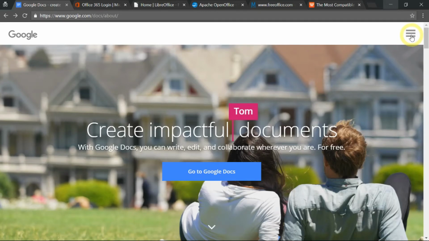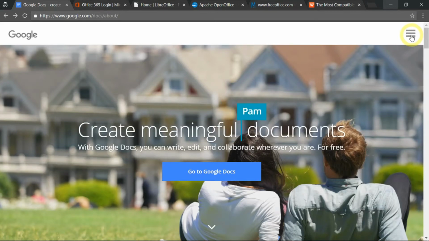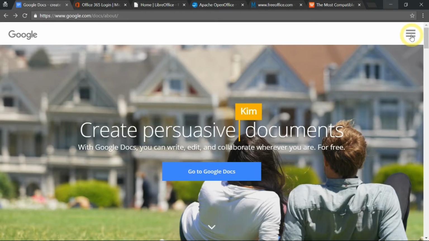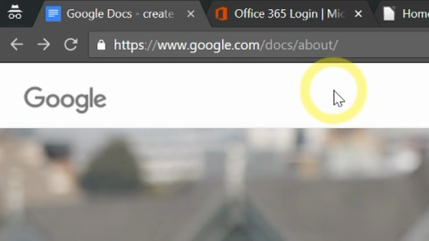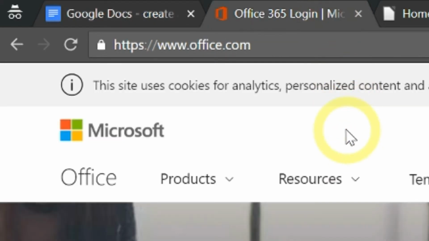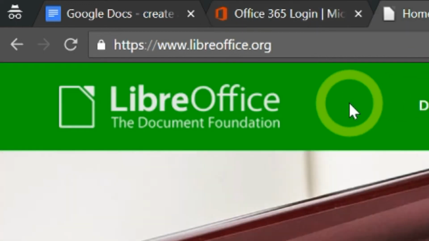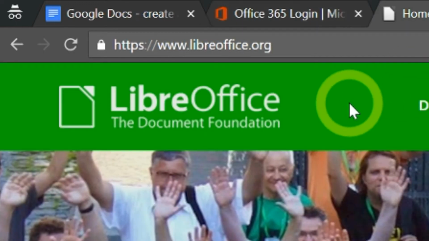Here are some Office suites that you can use for absolutely free. The first one, of course, that you may already know is Google Docs at google.com/docs. And the next one we have is the online office. Just go to office.com. We also have the downloadable suites like Braille Office at thebrailleoffice.org,